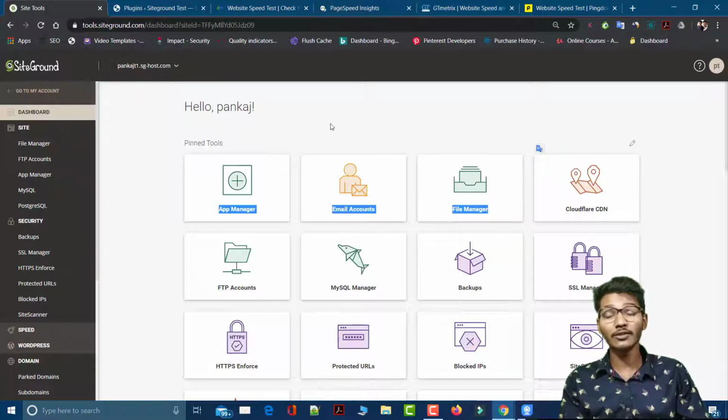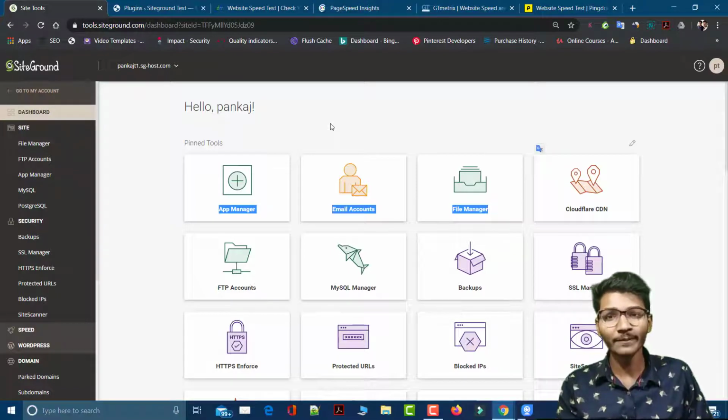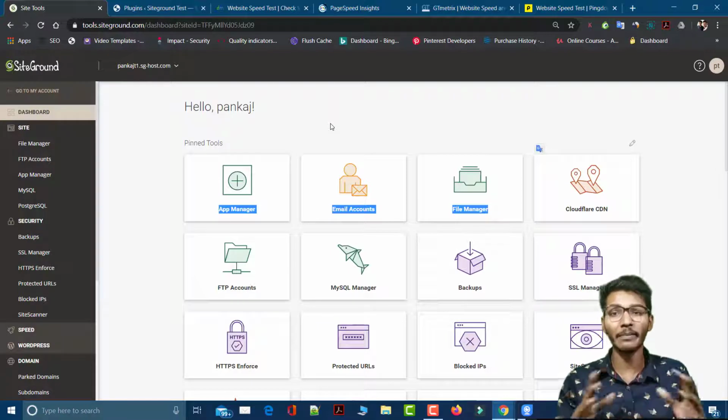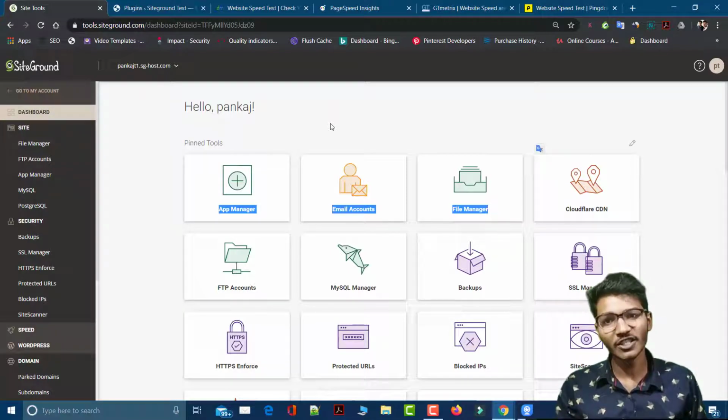The next procedure is to test the speed of SiteGround. We are going to test it from 25 plus locations worldwide with 4 tools. The first tool is the .com tool, and the second is PageSpeed Insights by Google. The third is GTmetrix, very popular, and Pingdom, which is also very popular.